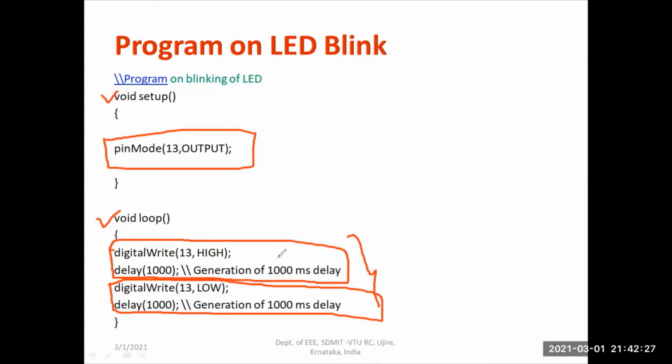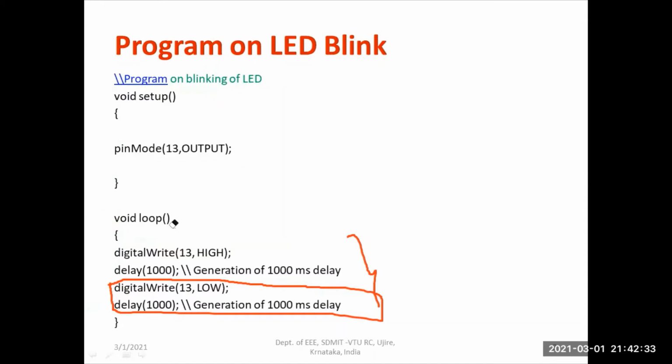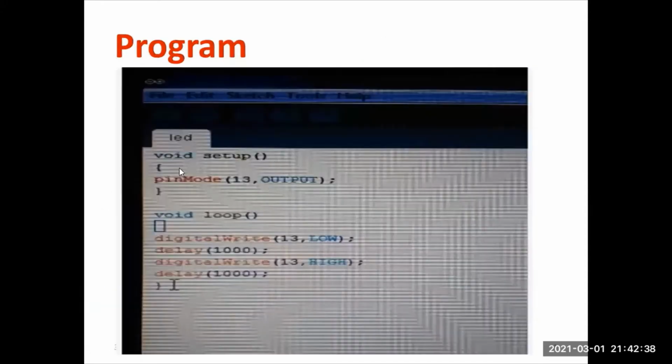Okay. So afterwards, you have to upload the program and you have to run. What you're supposed to do is type the same thing in the IDE environment. I have given the program name as LED. Your wish, you can give any name. Then we have the two main statements, that is void setup and void loop. Here I am going to make pin 13 an output pin. Okay, I'll be taking output from 13.